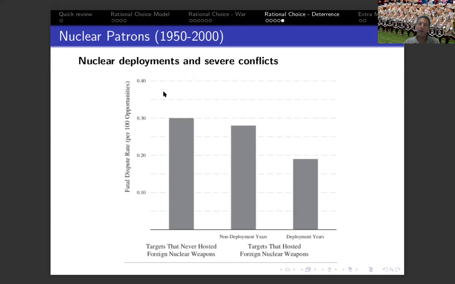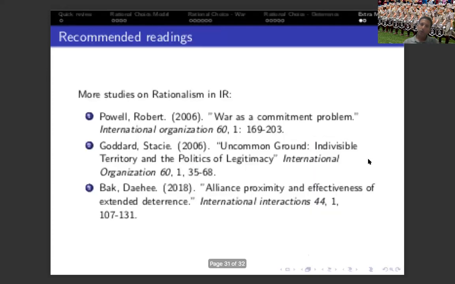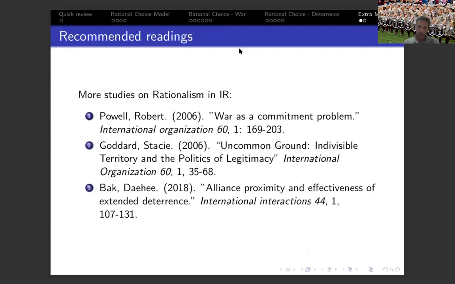So those are their findings. And again, that's the idea of how exactly you can use those kinds of commitment mechanisms in order to overcome the challenges of commitment problems that were introduced by Fearon as one of the rationalist explanations for war, and this is one of their applications. If you want to read a little bit more, the paper by Powell is a very famous paper also talking about the commitment problem as an explanation for war, and some of the other papers are also very interesting.